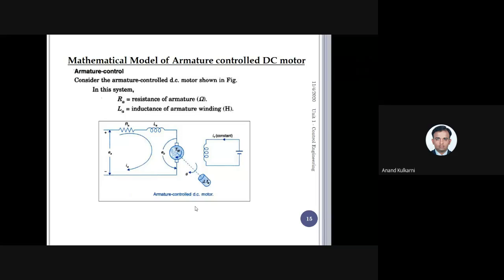That means power is directly proportional to N into T, where N is the RPM of the motor and T is the torque produced by the motor. Now here, if the power has to remain constant, if you increase the speed, the torque will decrease, because the power output of the motor has to remain constant, because it depends on the supply voltage and the power